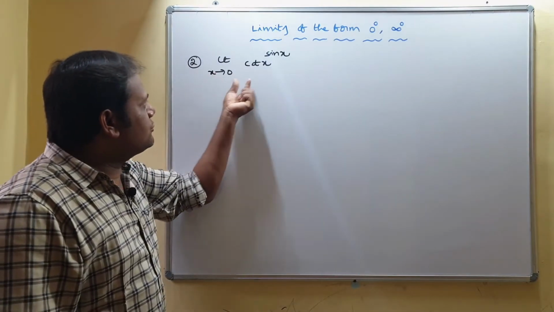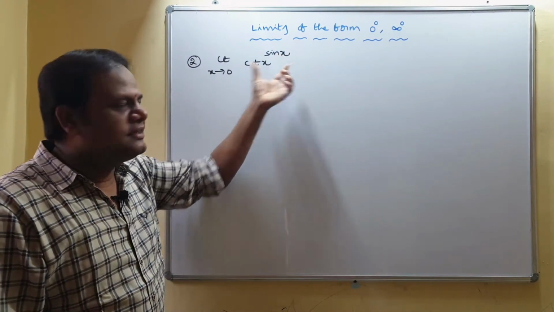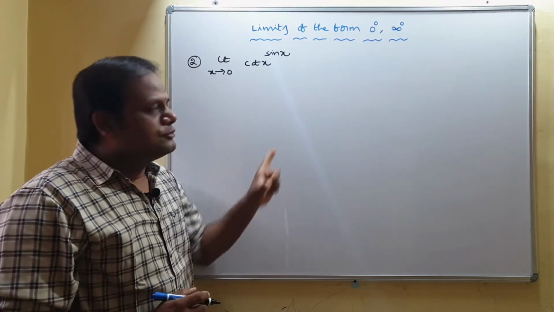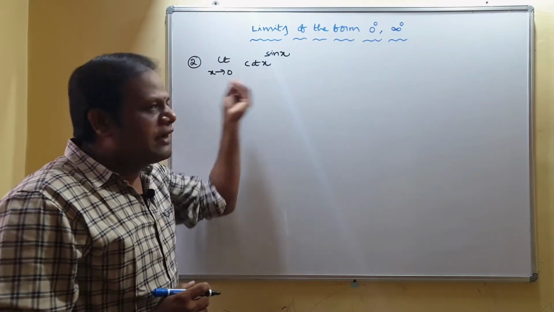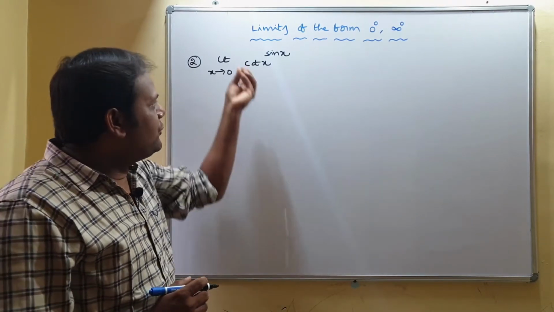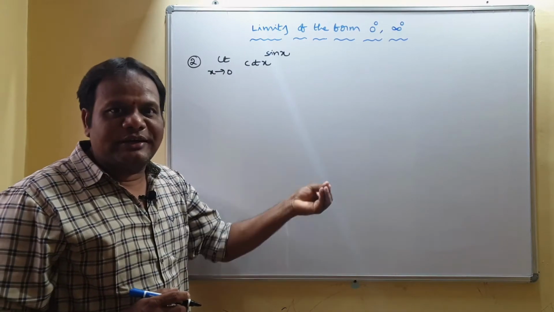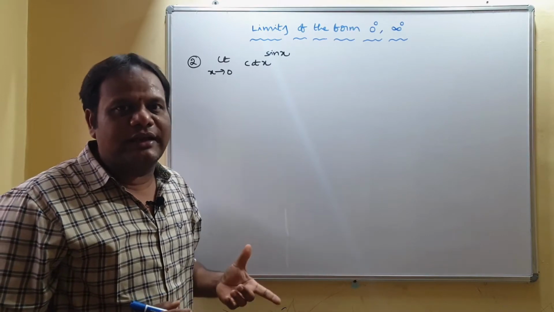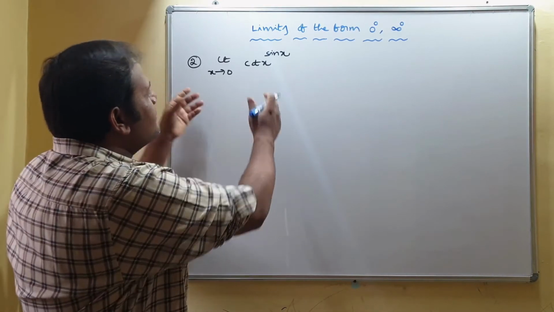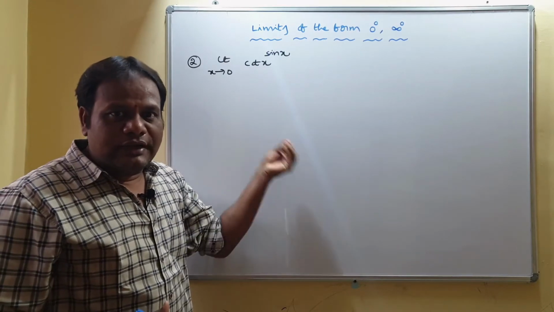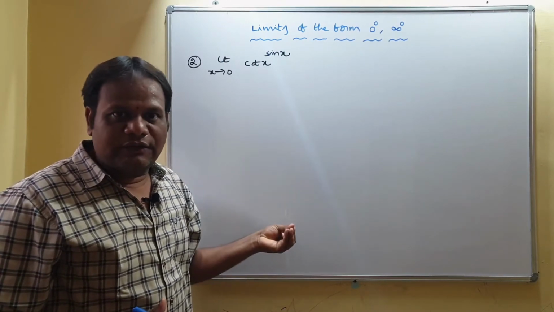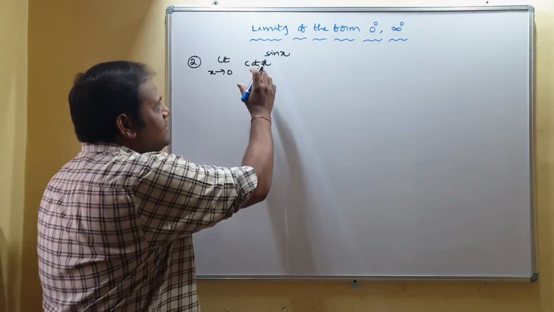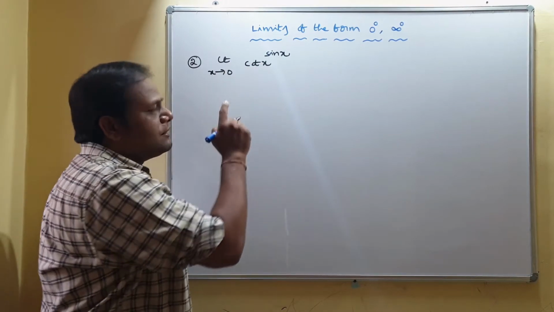See, moving to next. Limit x tends to 0 of cot x power sin x, is it? So here also it is taking the form infinity power 0. So it is an indeterminate form. How to evaluate this limit? If you convert this into either 0 by 0 form or infinity by infinity form, we can apply L'Hospital rule and we can get the limit value. So again I am trying to reduce this into either 0 by 0 or infinity by infinity form. But here it is infinity power 0 form. So to get our required forms, you have to take the log function.